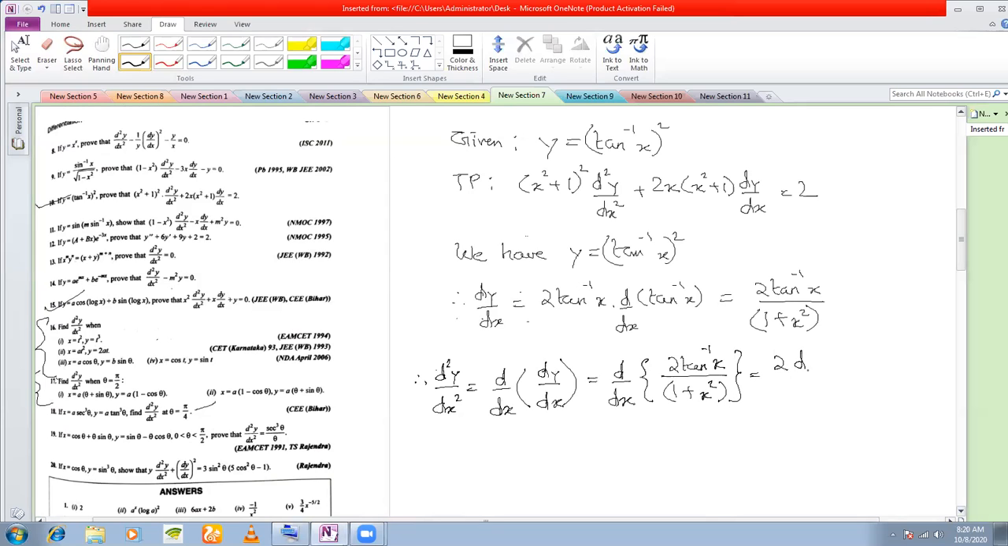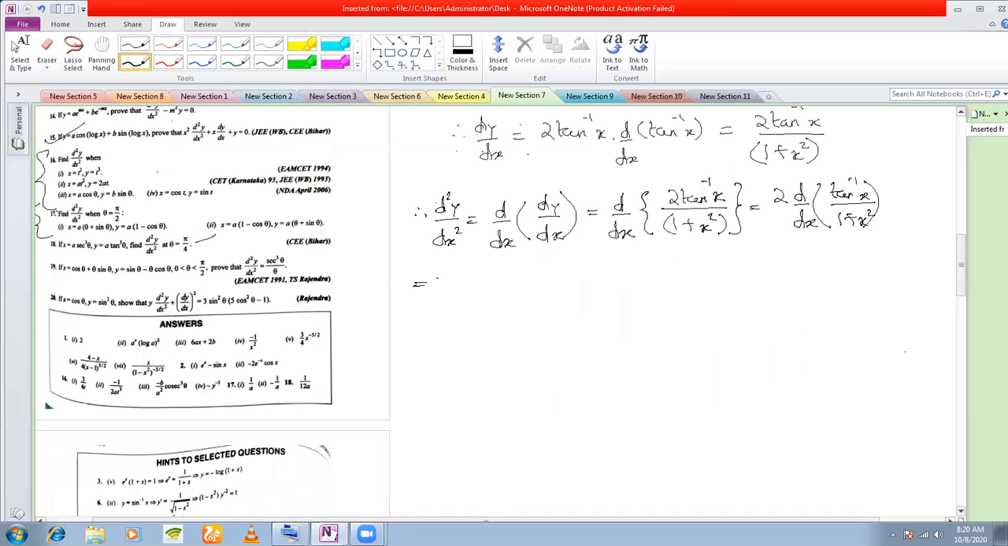2 ddx of tan inverse x by 1 plus x square. We differentiate this by u by v rule. Okay. Twice, u by v is 1 plus x square and ddx tan inverse x. What is ddx tan inverse x? 1 by 1 plus x square